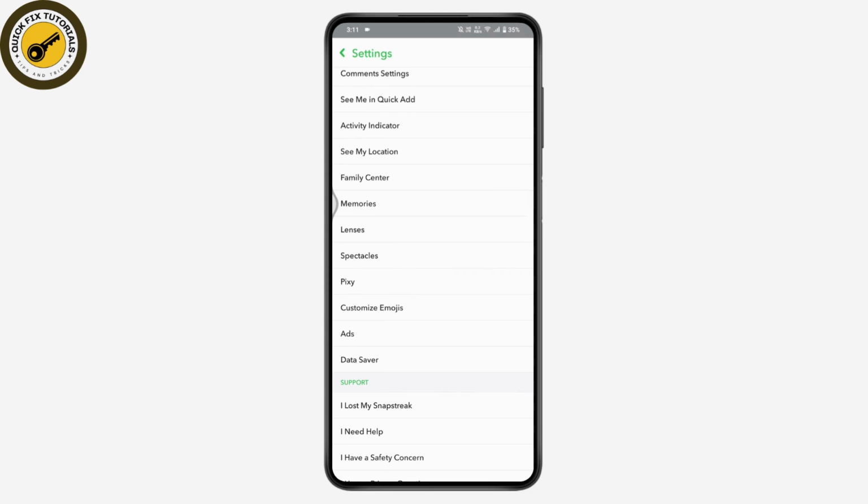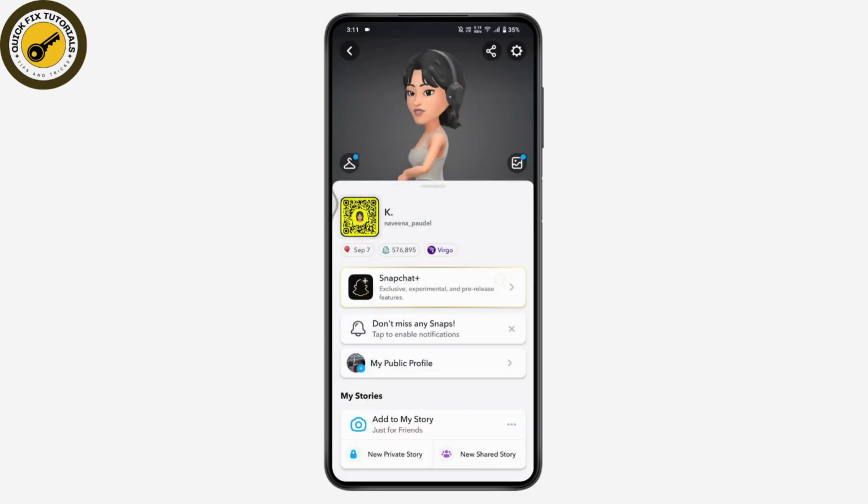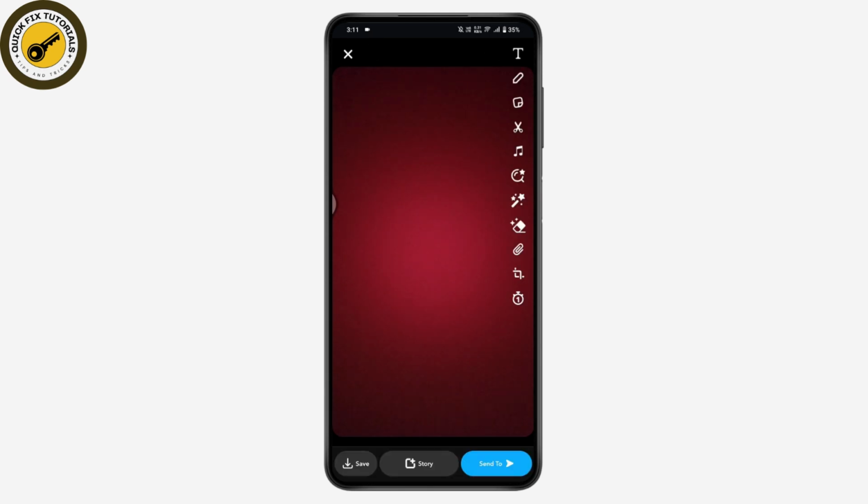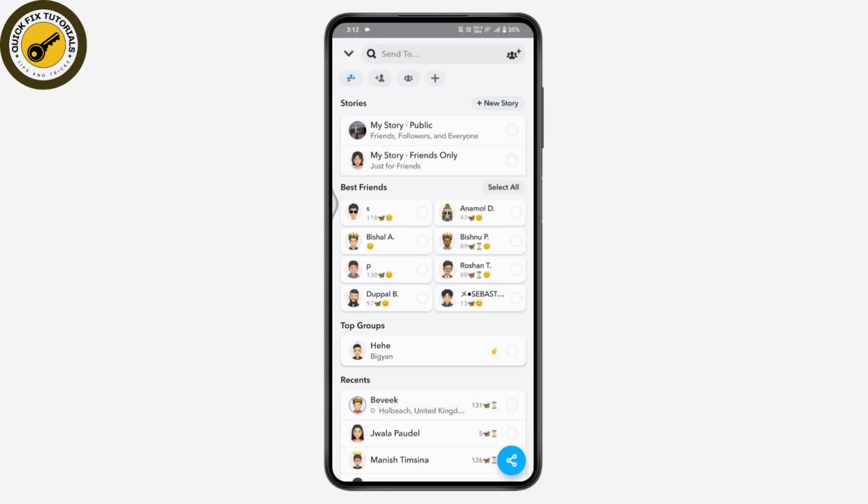But instead of going live, what you can do is just take a snap or take a video of that live moment. For example, I'll be taking a snap, and once you've taken a snap or video or something, then you just need to go to send to, which is on the bottom right. And once you're here, you just need to go to your public or my story, or you can add that to your spotlight, like that. But instead of that, you won't have an option to go live on